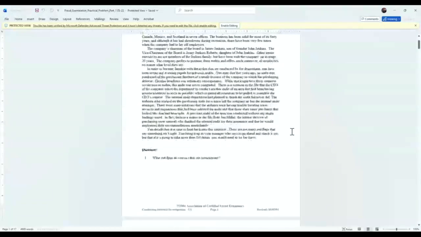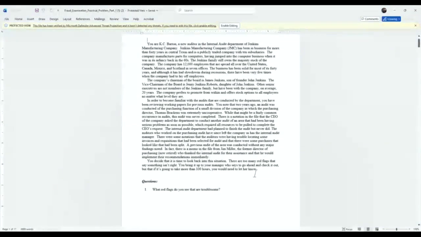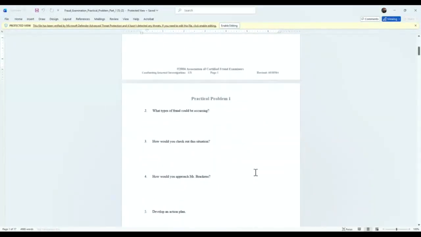Okay. Next paragraph. What types of fraud could be occurring? As you might know, these sort of red flags could indicate A, B, C, D, whatever you come up with, or even just A, that this type of fraud could be occurring. However, that does not necessarily mean that it's occurring, but it's something we should look out for. There's your paragraph 2. Okay. Paragraph 3,